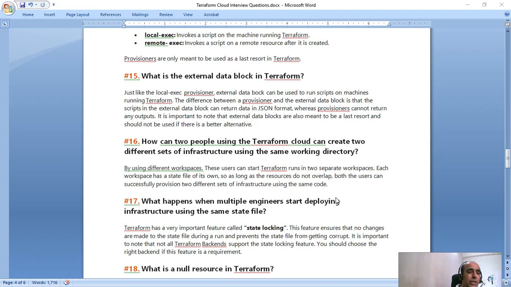But the difference between a provisioner and the external data block is that the script in the external data block can return data in JSON format, whereas provisioners cannot return any output. A provisioner script gets executed, done. But if you are running an external data block, the scripts can return data in JSON format. It is important to note that external data blocks are meant to be a last resort and should not be used if there is a better alternative. So external data blocks should be avoided.